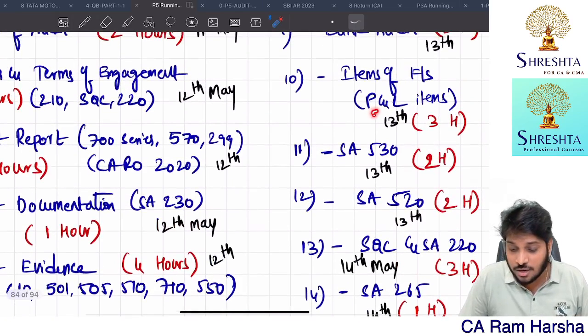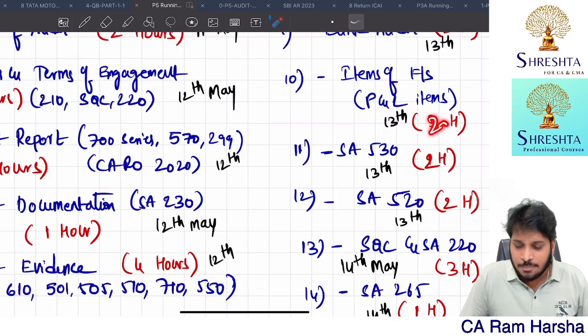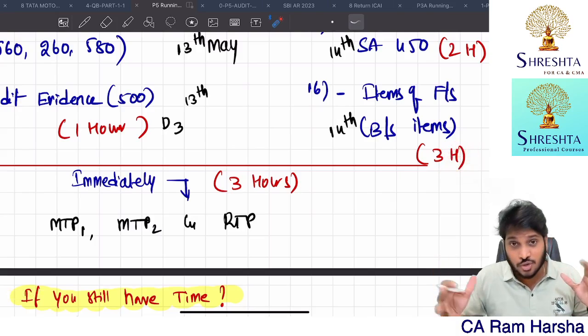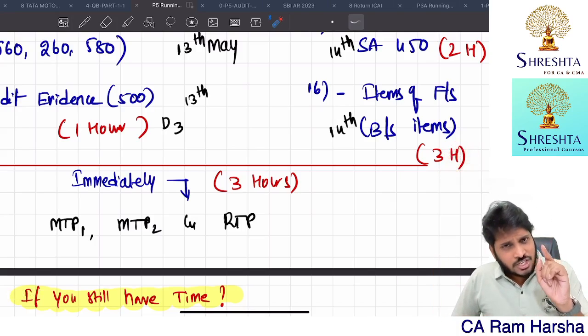You see, even for P&L also I've given 3 hours time. In fact, I can say P&L 2.5 hours is enough. Balance sheet takes 3.5 hours, because balance sheet items are very big. And again, under share capital, under loans and borrowings, under property, plant and equipment, under loans and advances, contingent liabilities,